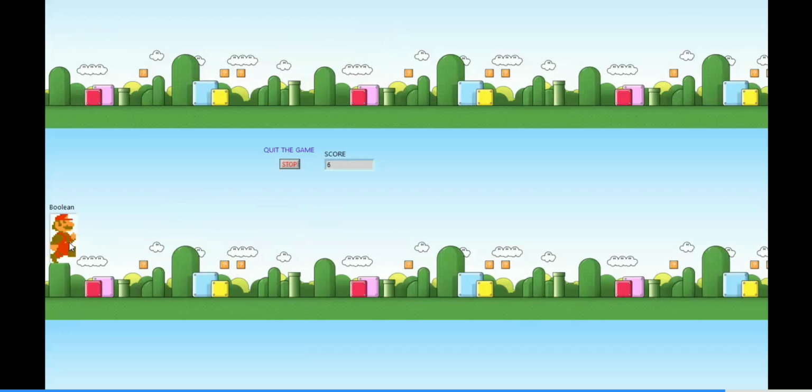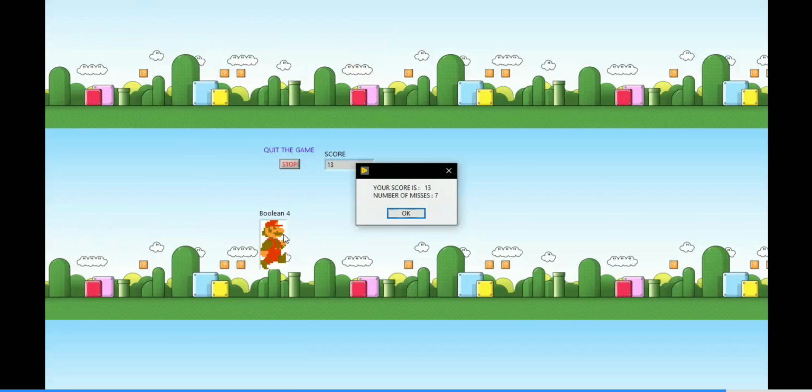You can't play the exact Mario, but you catch the Mario. If you're not using the mouse cursor for 1 or 2 seconds, the program will be terminated and will tell your score, how many times the Mario jumped, how many misses you made, and how many you captured correctly. That is a simple program.